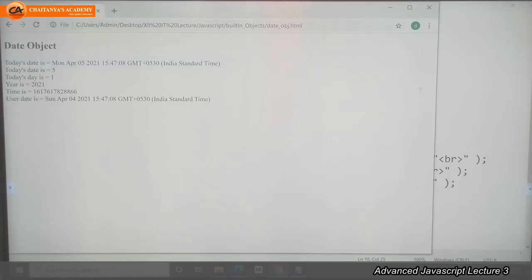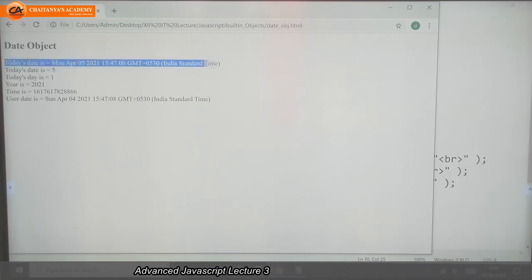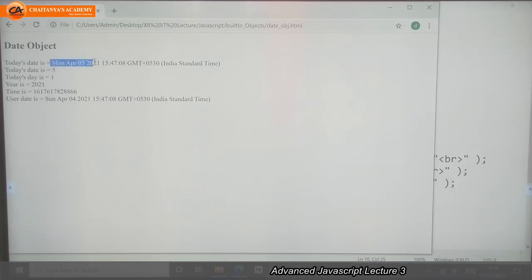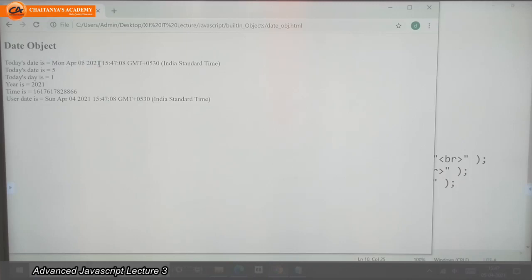Whatever date your browser is saving by default, that date it gave us. The browser gave us today's date. So in our browser, we have today's date. This is Monday, April 5, 2021. This is the time, and this is as per India Standard Time.